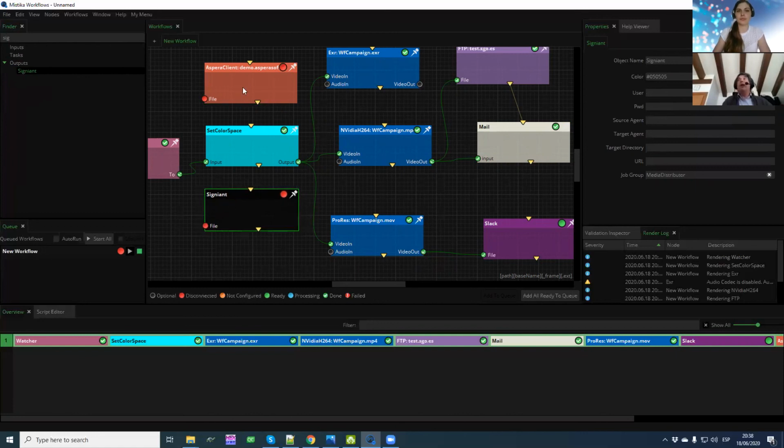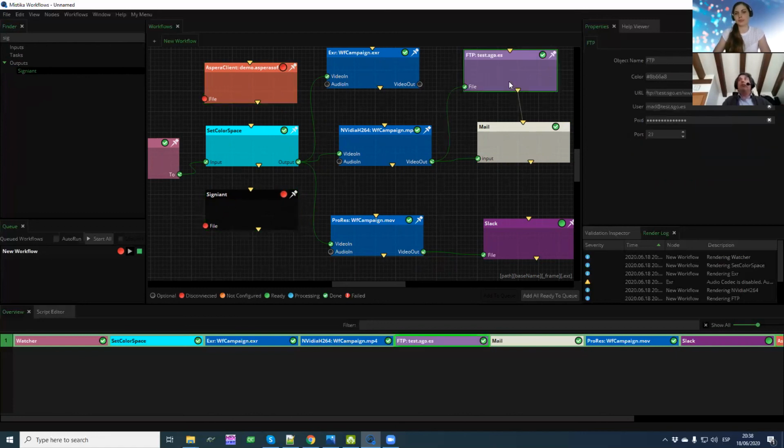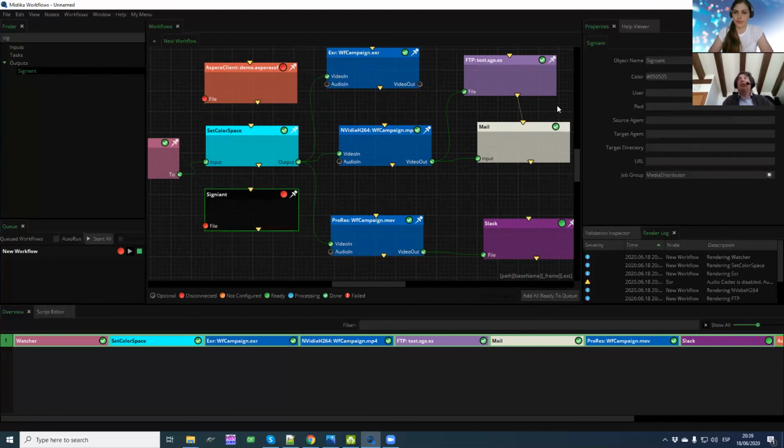As well as the FTP, in the configuration node I have the server I want to use, the user and password, and the port, the typical parameters I usually need in order to do an FTP delivery. Well, in the case of Aspera, I have the typical parameters from Aspera: the username I want to use, the password, the remote file path, the delivery server that I want to use, the ports, etc. Or with Signiant, I have the user, the password, the agents, source and target agents. So those are the typical parameters from